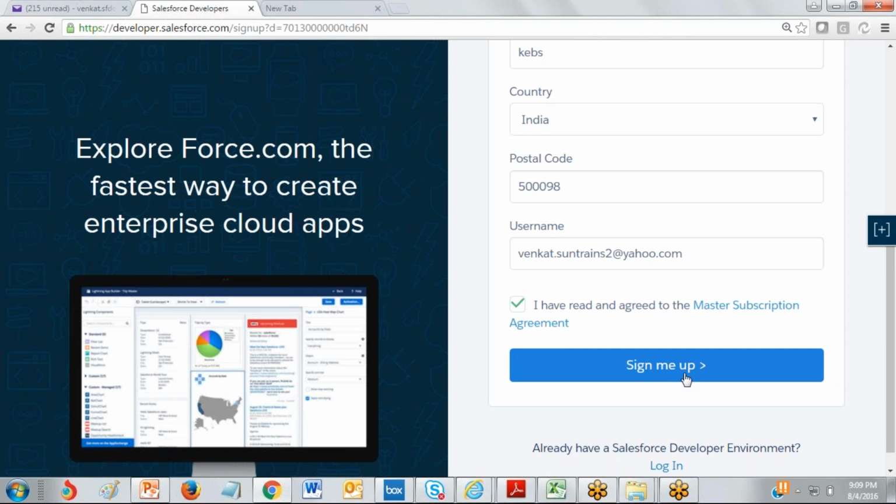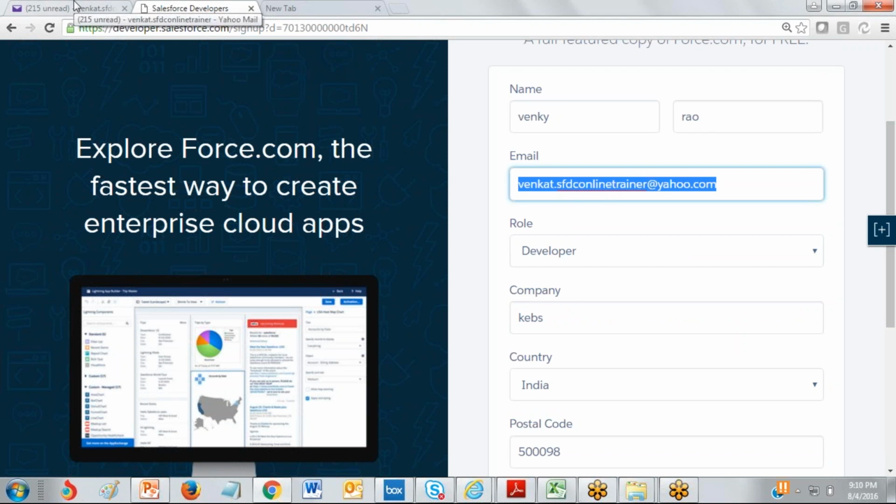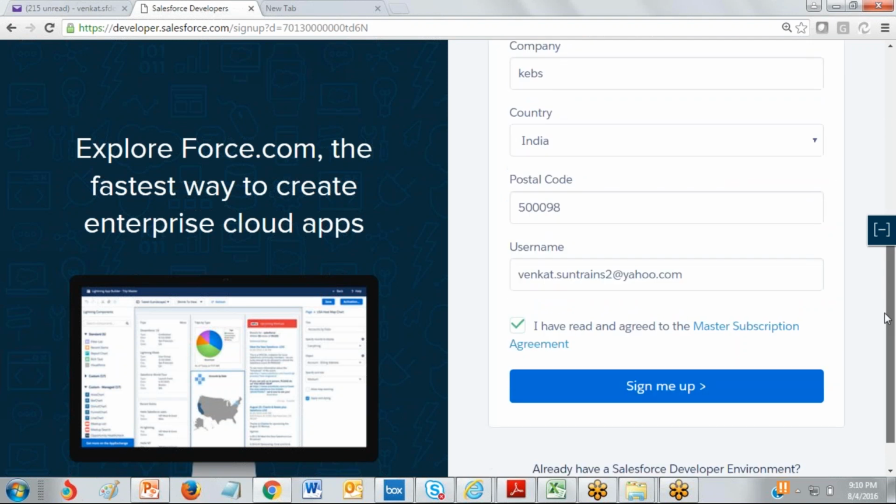The mail notification goes to this registered mail ID. Right, now click on sign up.